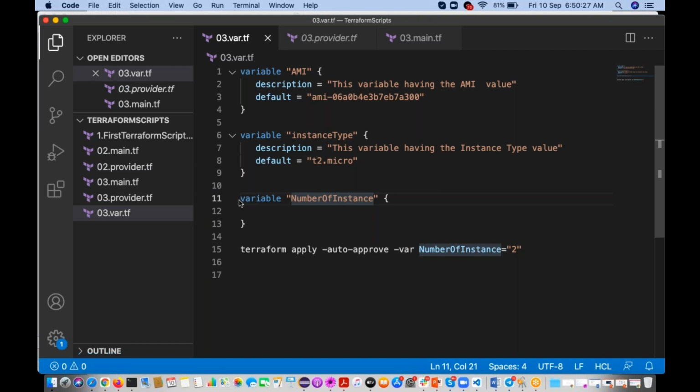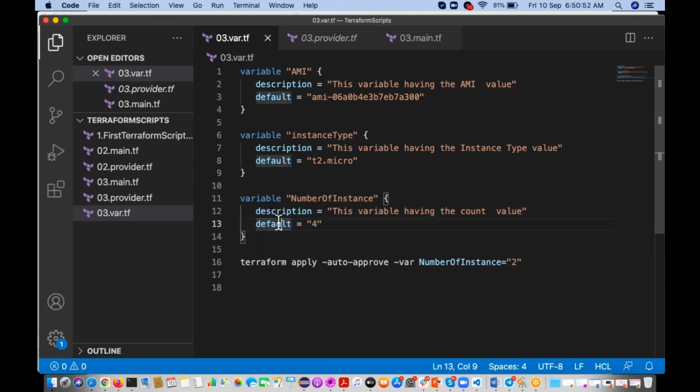You can just create the variable name and leave it like this. But here we are passing. If you don't pass this variable and simply create, we are going to get an error because it is expecting the variable value. So just to be on the safe side, we keep a default value. Suppose you are not passing any value here, at least it is going to take the default value.